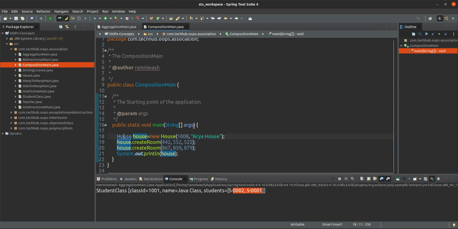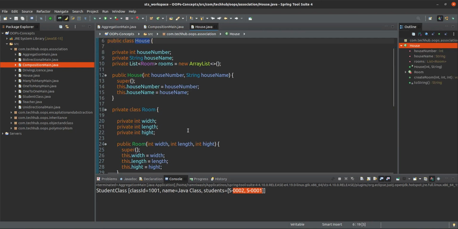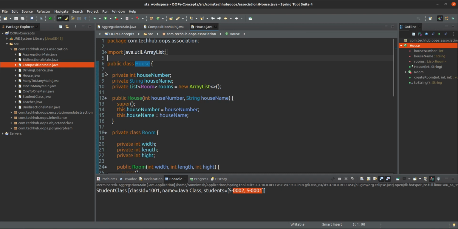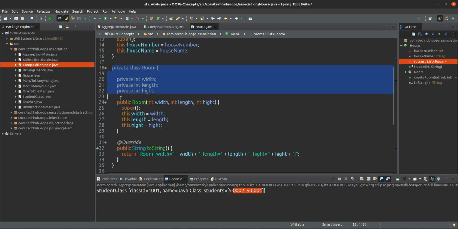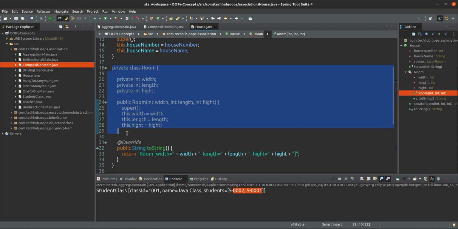If you see the blueprint of the house class, the house has a house number, a house name, and a list of rooms. Room is nothing but one private class inside the house.